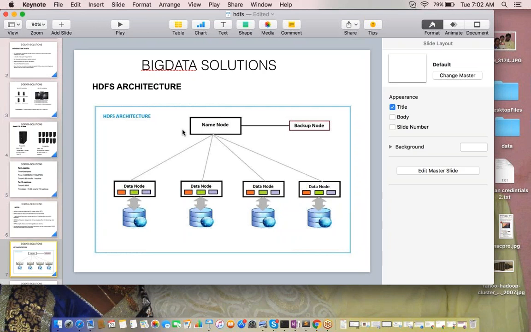That is the reason our lead should be very strong. Our lead should be strong enough in multiple technologies. He should have good knowledge about our project, right? That is the reason the name node should be good hardware, not commodity hardware. In the same manner, when it comes to HDFS, this also should be good hardware, not commodity hardware. Because if name node fails,